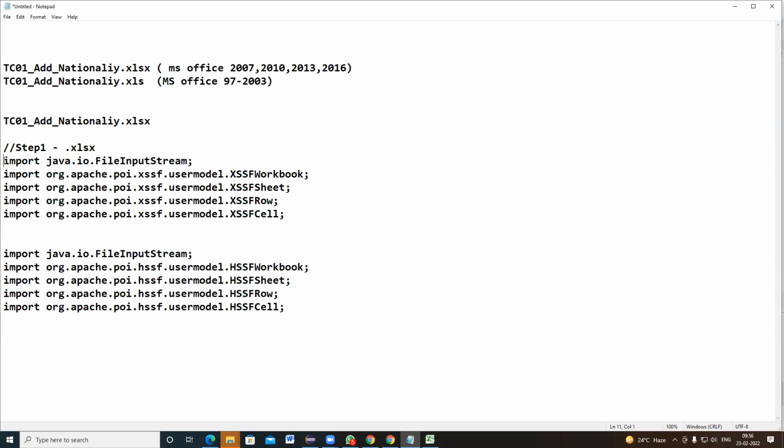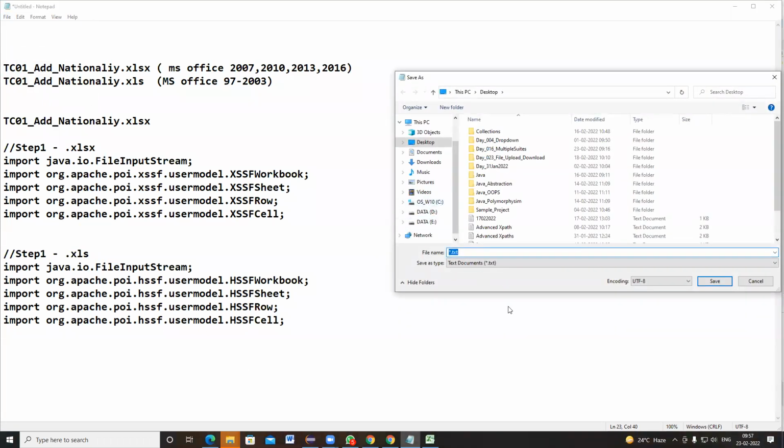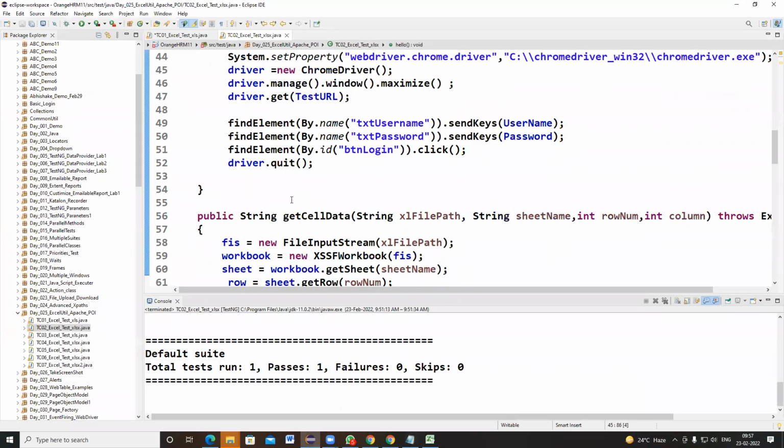And if you are reading input data from a .xls, you import these supporting class files. Remaining all lines of code are the same. One second, let me go to the program.